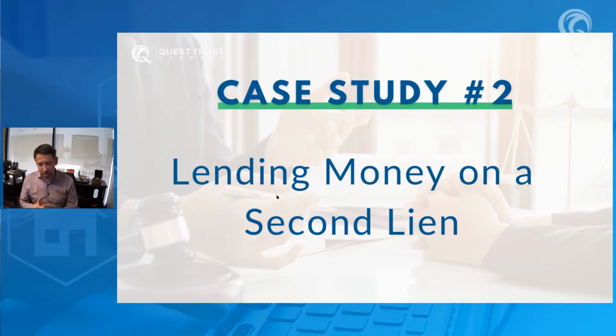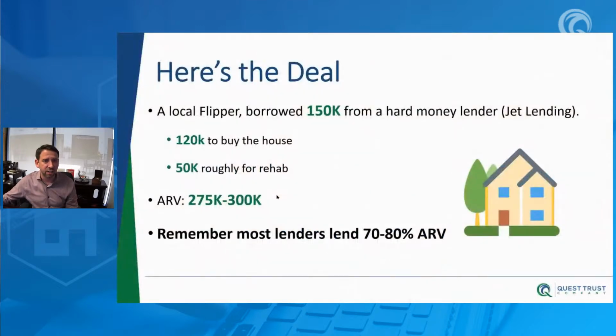You just need to understand either A, how to structure the deal, B, who your borrower is, and C, truly understand the real estate. So let's go through this. This is actually a good friend of ours. He's actually an employee of ours, did this deal. His name's Mitch Maggio. He's in our real estate department. So feel free to ask him about it, but his borrower is a guy named Marty. Right? So we're going to kind of go through what this deal looks like.